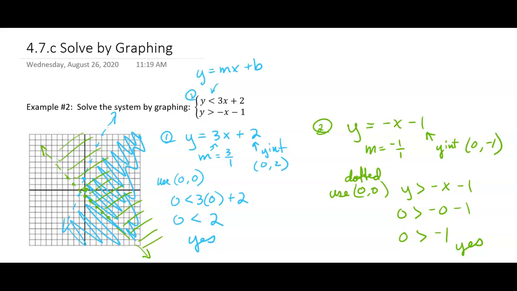Okay, now can you see which section? So you have 2 lines that are crossing. That makes 4 sections. Which section has both the blue points and the green points? And I'm going to go ahead and try to use the highlighter a little better this time. It's going to be this section right in here. You kind of have to find your blue line and your green line. And that's what it's going to be. So they're kind of fun once you get used to them, but a good review of the graphing too.